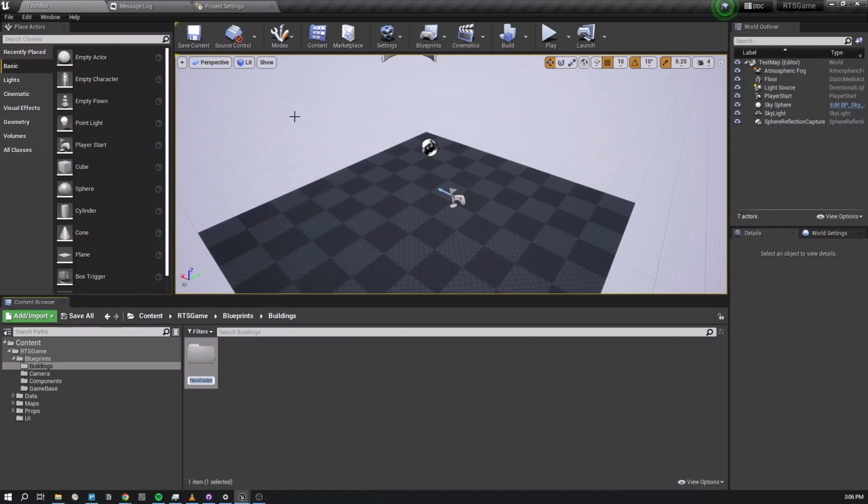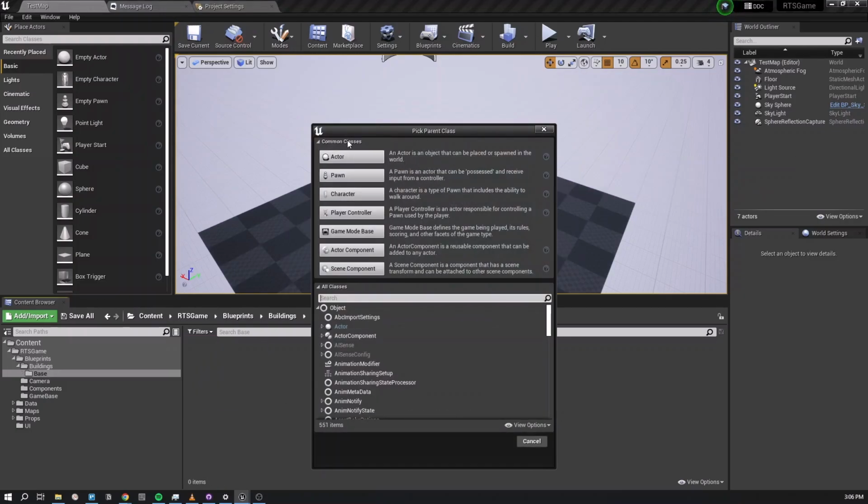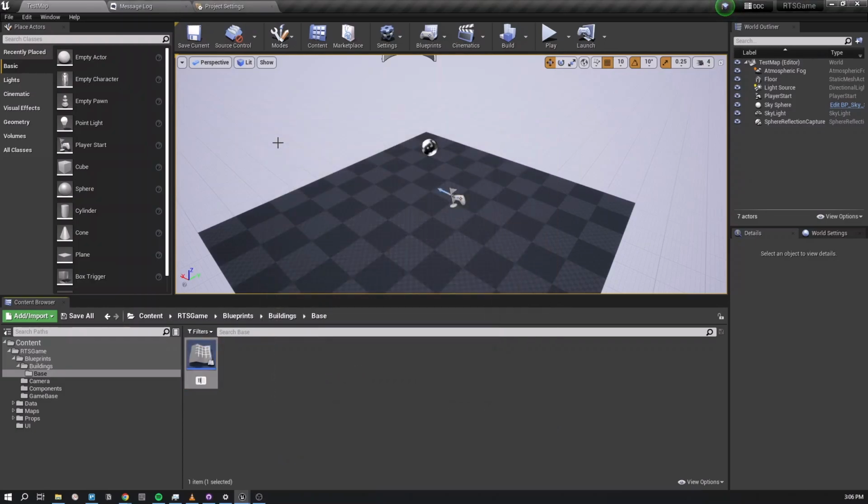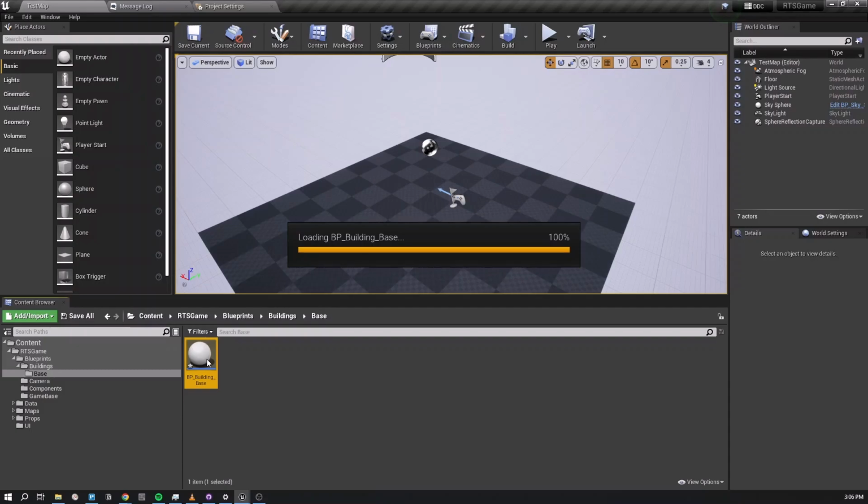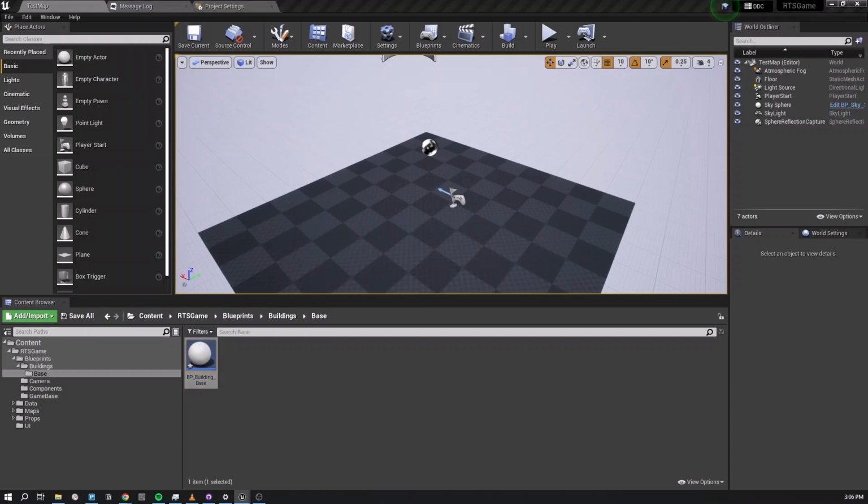and there I will create another folder called base, and over there I will create a new blueprint actor called BP building base. So basically this is the parent class for all the buildings that we are going to create throughout this tutorial series. So that's why I followed this sort of a fashion, right? I first created the buildings folder and I created the base folder, and within that base folder I'm creating the building base parent class. So let's open that up,